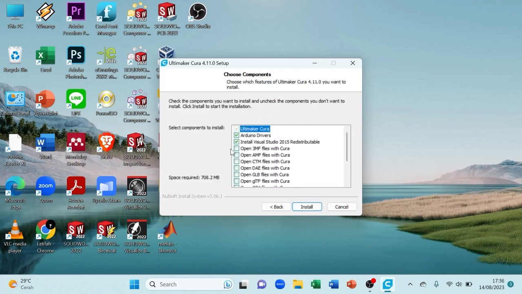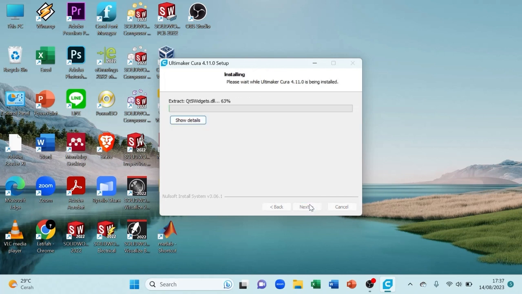Click all the existing components, as this option allows Ultimaker Cura to open a variety of file formats. You should have at least 700 megabytes of memory to install this application.